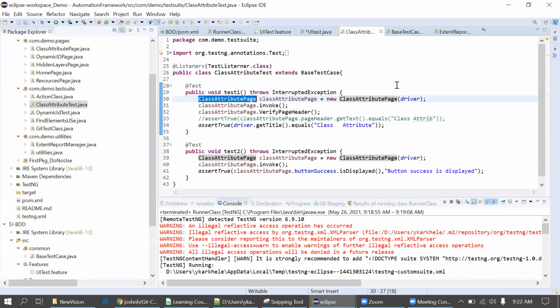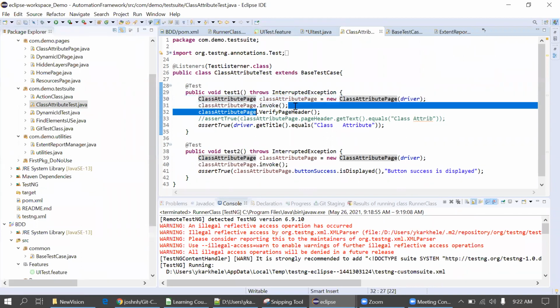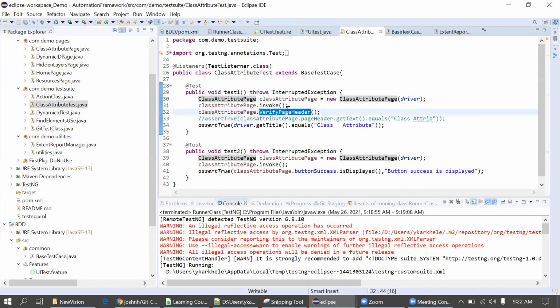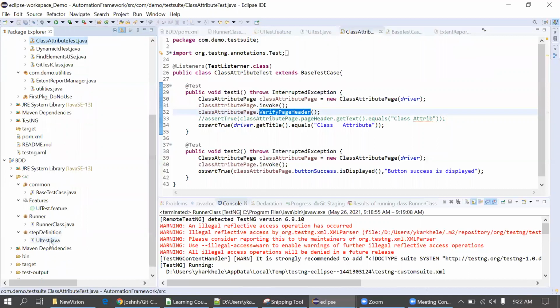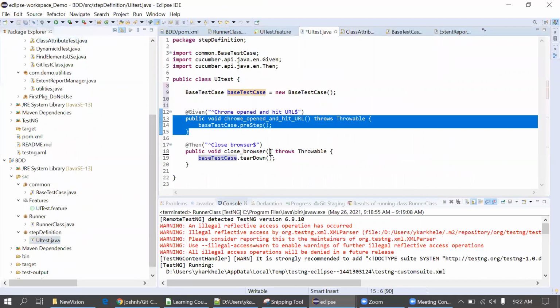You can do the same thing there, copy this, use this method, and verify this header. I just create the object of this class attribute page in the given method.